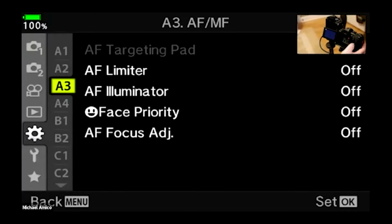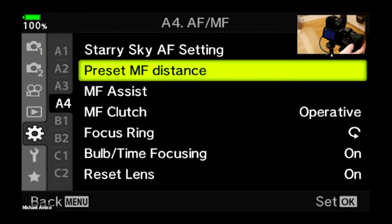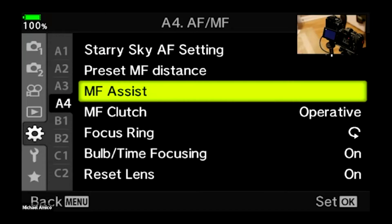So my illuminator, I shut that off. I head down a little further. Now I turn on under A4 manual focus or MF assist. I turn on my focus peaking. That's definitely something that,